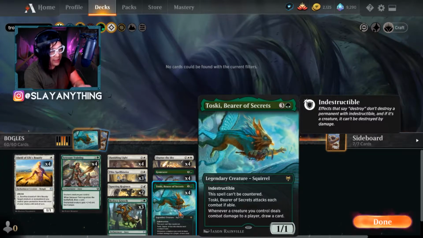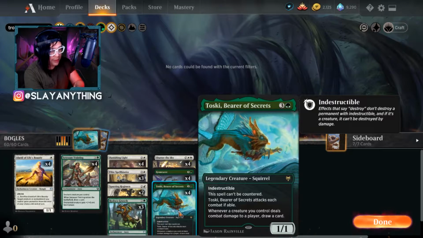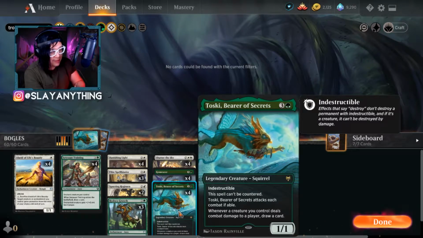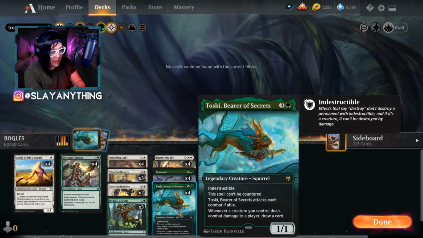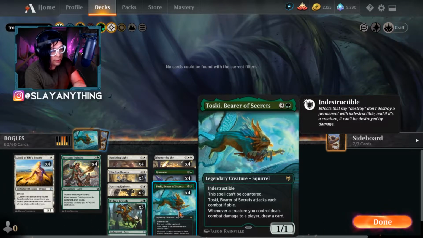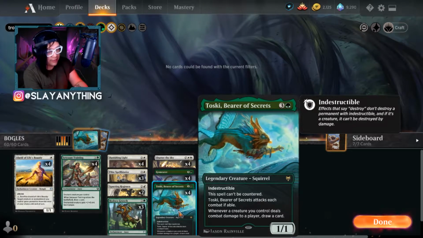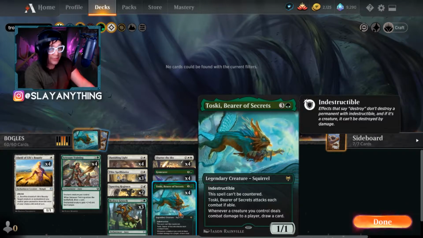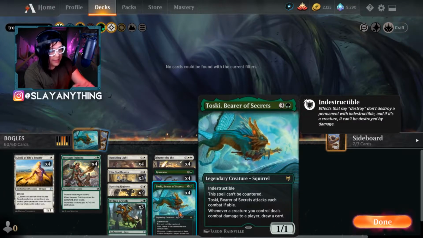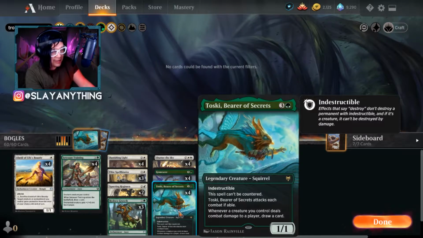Basically, we want to stick a Toski, Bearer of Secrets, which is a squirrel that's a 1/1 for 3 colorless and a green. It's indestructible, can't be countered, attacks each combat if able, and also whenever a creature you control deals combat damage to a player, you draw a card. So that means if you have 10 creatures and they do damage to a player, all 10 of them allow you to draw 10 cards. So that's absolutely crazy. And basically we want to really utilize Toski's indestructible ability by stacking a few enchantments on it,